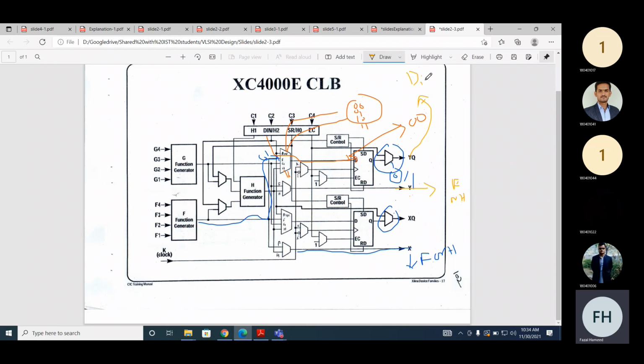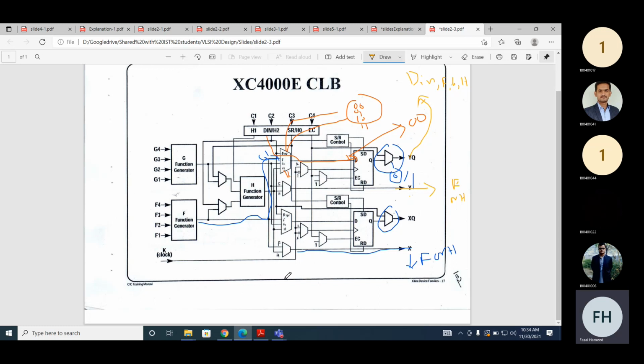D in, F, G, and H. Similarly, the same is true for X. So there are various possibilities. We can connect the output of this G function generator. The output of the G function generator can go on XQ or YQ.